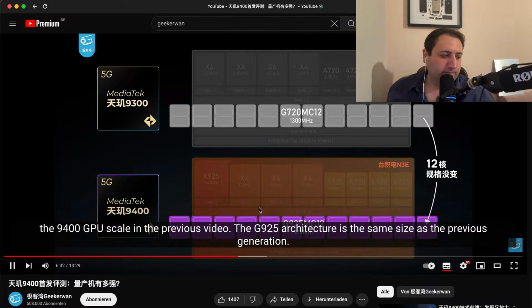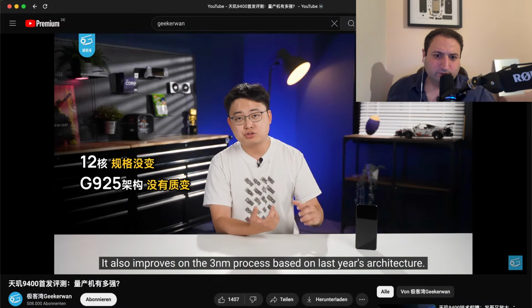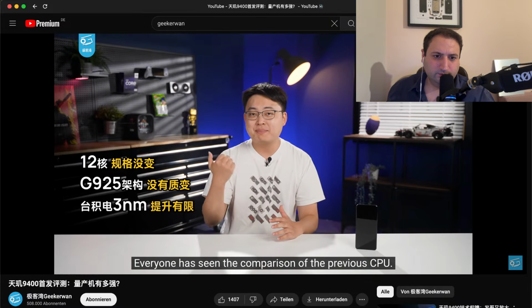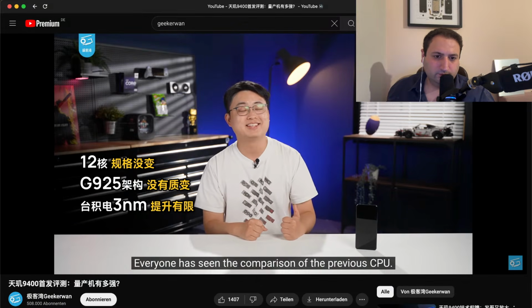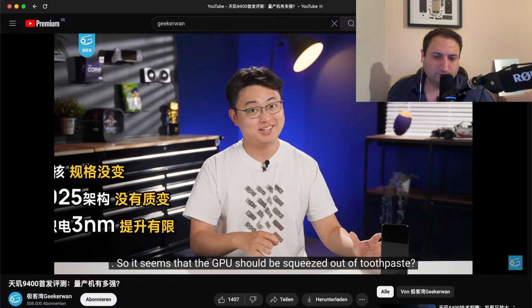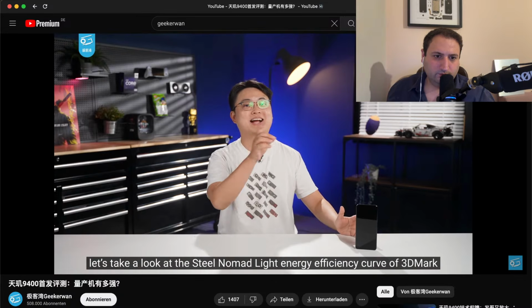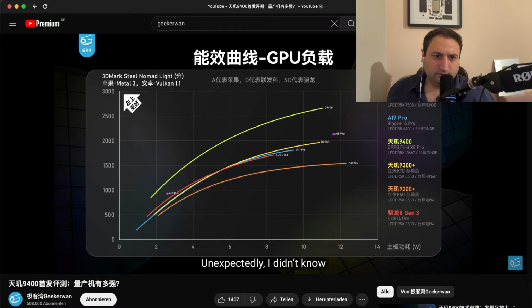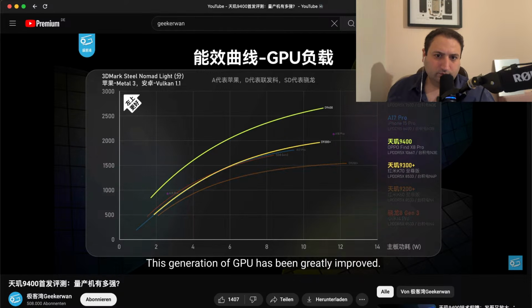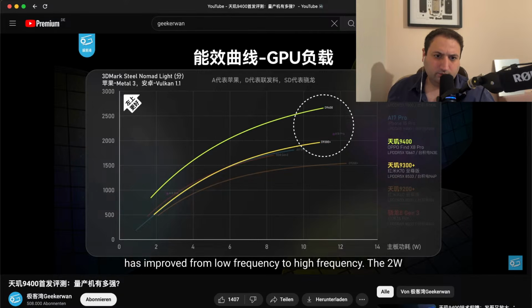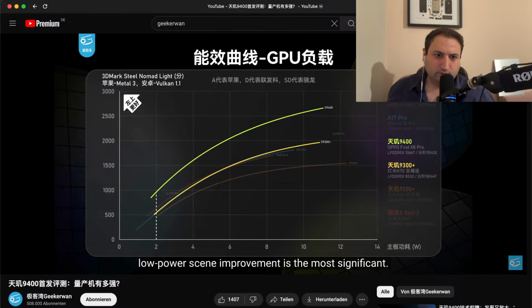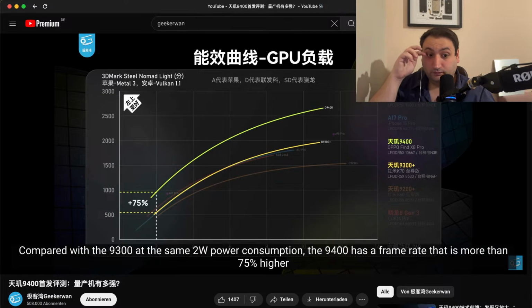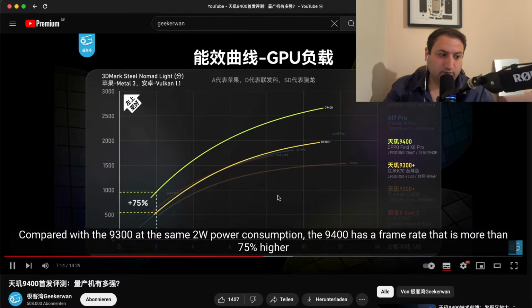规模还是跟上代一样大。这 G925 架构啊，也是在去年架构的基础上做改进的。而3纳米工艺前面的 CPU 对比，你们也看到了对吧？也就那样啊。那看起来这个 GPU 应该还是挤牙膏喽。我们来看一下3D Mark 的 Steel Nomad Light 的能效曲线就知道了。我去，不测不知道，一测吓一跳啊！这一代的 GPU 是大提升啊，直接能效曲线就飞到天上去了。整段 GPU 的曲线从低频到高频提升都特别的大，2瓦的低功耗场景改善是最显著的。同样2瓦功耗下，9400相比9300是高出了超过75%。